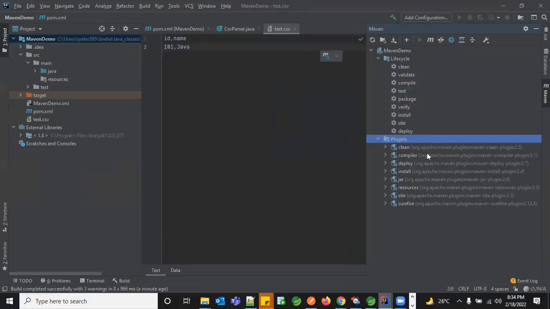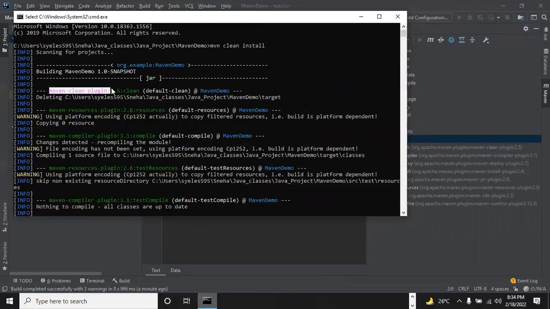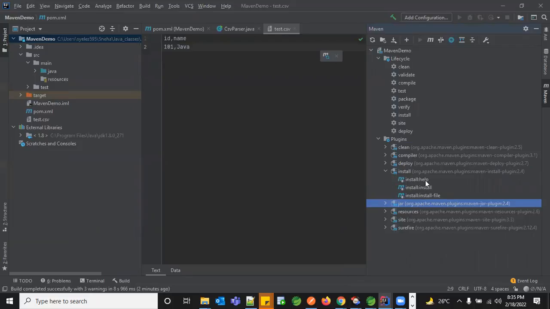And if you see in the plugins, they are again similar to these. Whenever you do clean, this is internally coming from something called org.apache.maven.plugins. So even when you try to clean here, you get the same structure. This is the jar which is actually cleaning your project. Every task is done by some other Java program, and we are just using that as a command to execute it. You have a compiler which compiles your Java program into .class files, and then the deployment part, the installation part, and the packaging, like how you want the package to be structured. And here you have the install and the respective commands to use it.